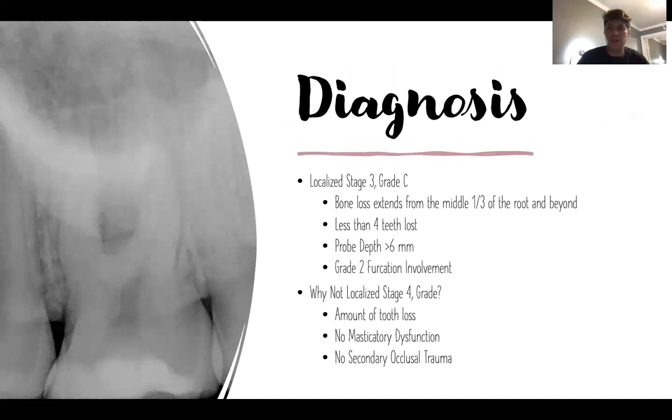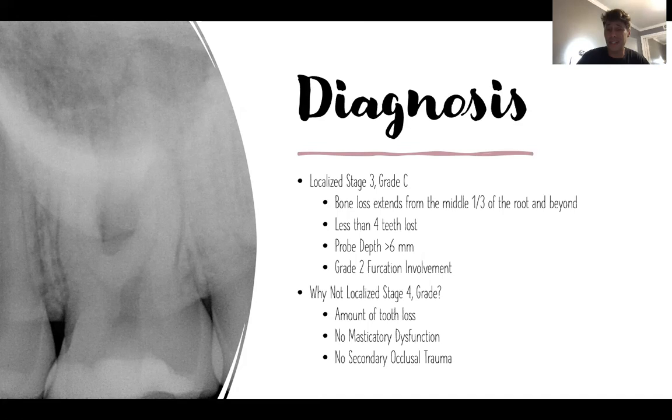So what's our diagnosis? A lot of questions come about with the new classification system for diagnosis of periodontal disease. When I look at this tooth with the 1999 classification system, localized severe chronic periodontitis. When I look at it with the updated classification system for 2017, some may argue that it's not localized stage